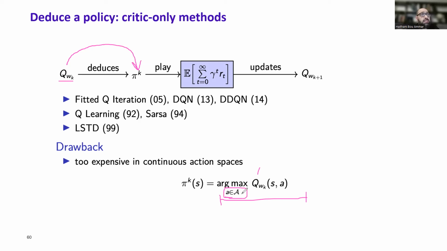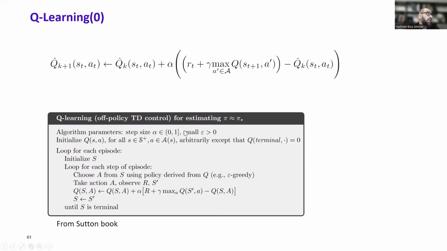Now, if these are discrete actions, then this is relatively easy to do. But if these are continuous actions, then this argmax is a bit harder to deal with. So it's kind of difficult to deal with, and that can be very expensive when we go into continuous action spaces. Okay, right. Now, the first algorithm, the first update rule that we have for critic-based methods is what